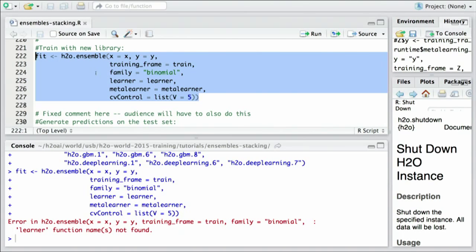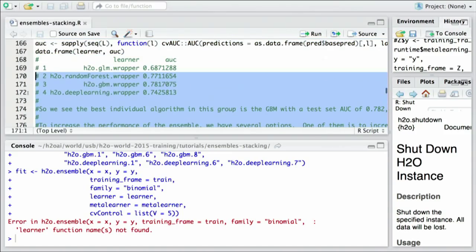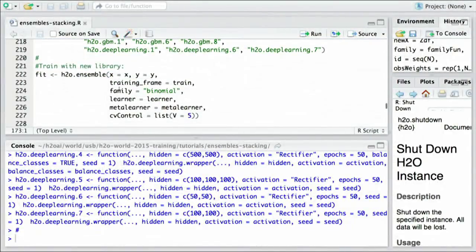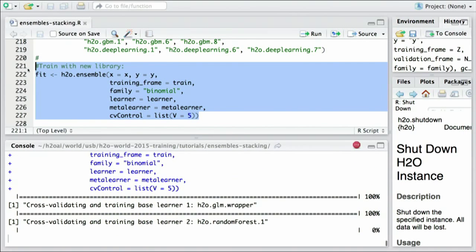Oops. I have to actually put these into memory. And then run this. OK, so this will take a little bit longer because we have more to do. So while that's happening, I should explain. What you see here is it's doing the learning of each of the algorithms in a serial fashion,